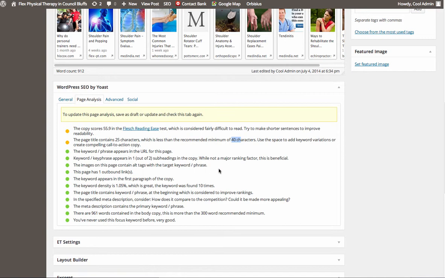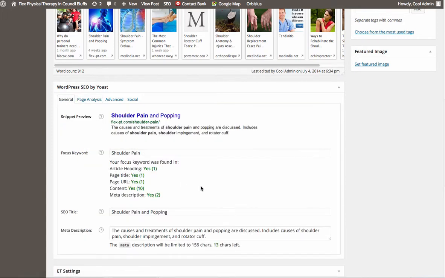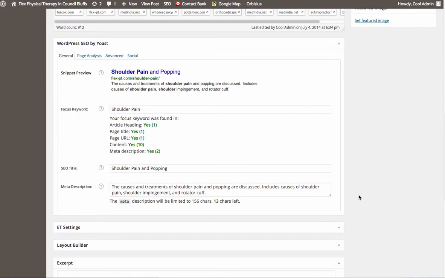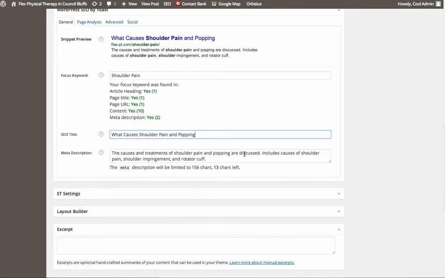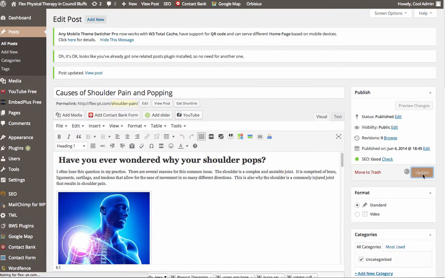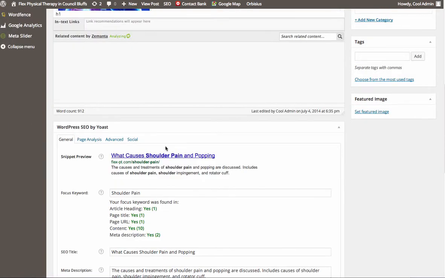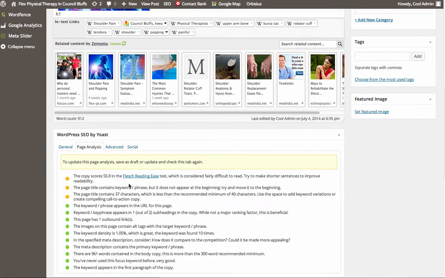So for example, if we go back under the SEO title, we could put what causes shoulder pain and popping. And so if we go to the page analysis,